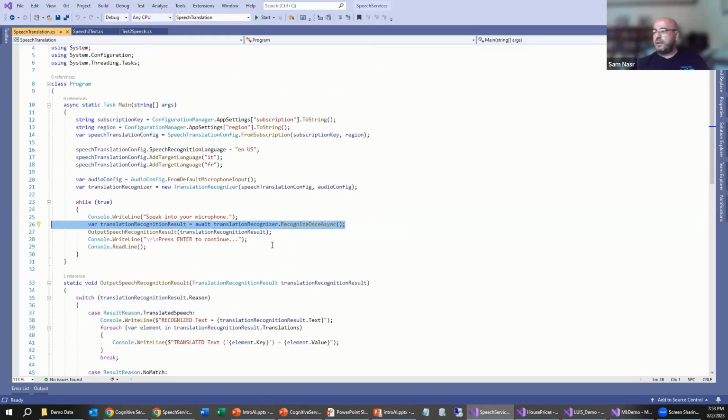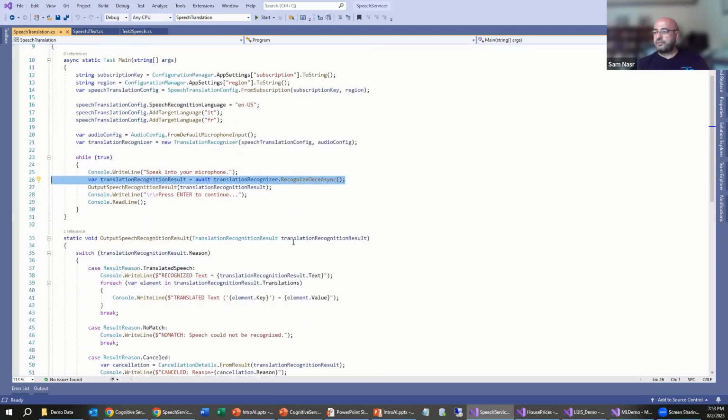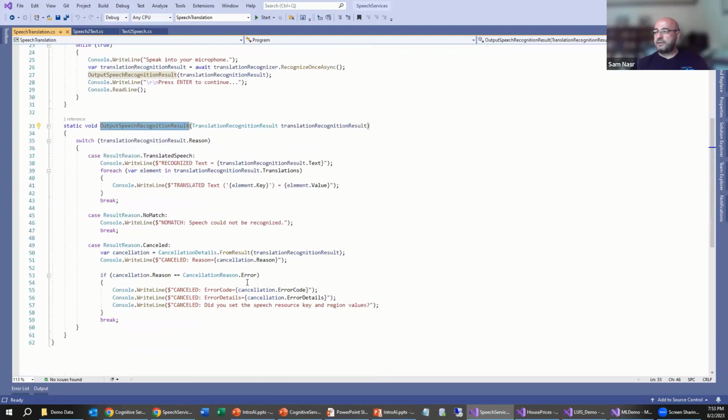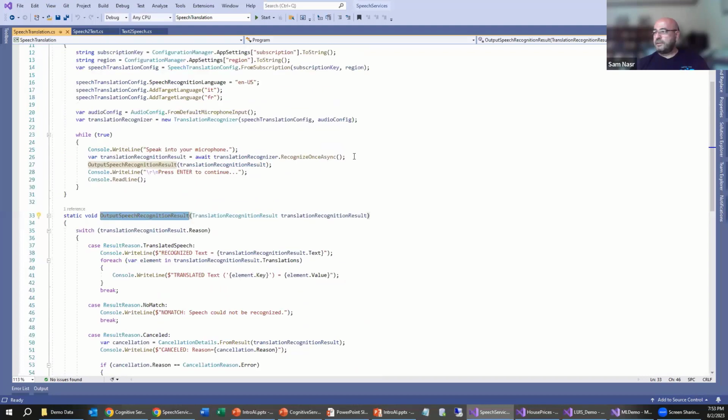And so essentially it's an API call. Once I get the results back, I dissect it, and then I display the results on the screen. This is the output speech recognition result, and I just simply display the results here in this method. But this is the key item that I'm after. Once I make this call, I'm good.